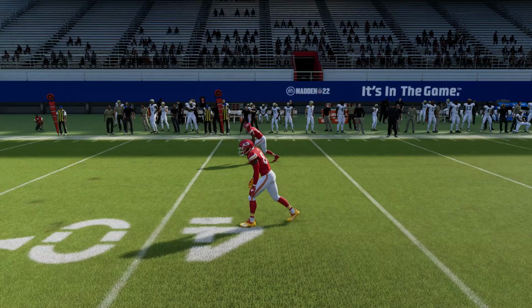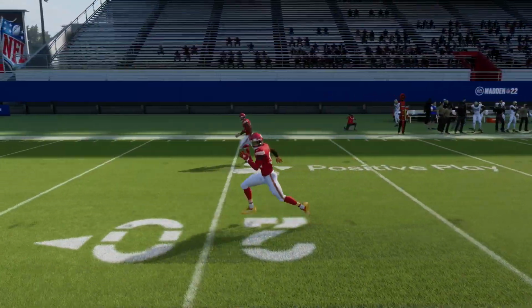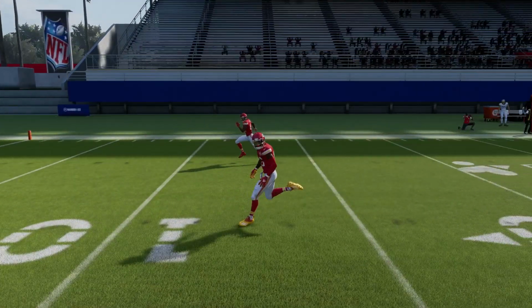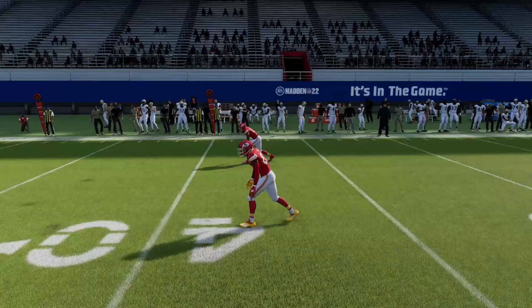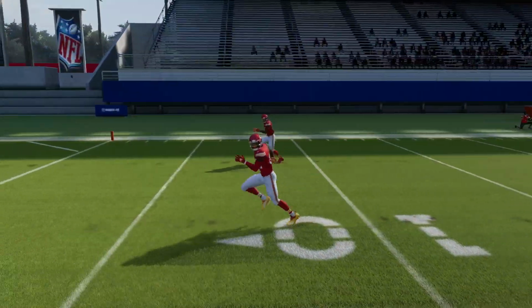Now, Henry Ruggs v. Goodwin. Ruggs 98 speed, Goodwin 97 speed on the top, and Goodwin gets a great jump off of the rip, and it looks like that's enough, and it is. Goodwin takes the first heat, but remember, this is best of 3, and this time Ruggs gets a flawless start,